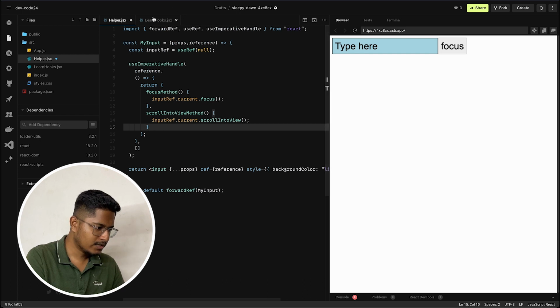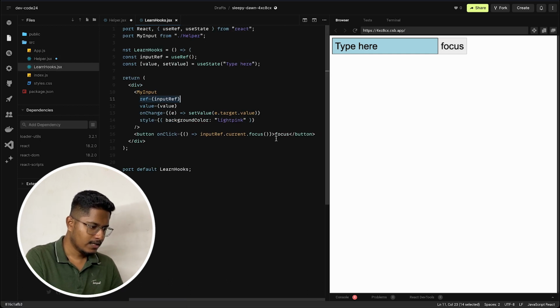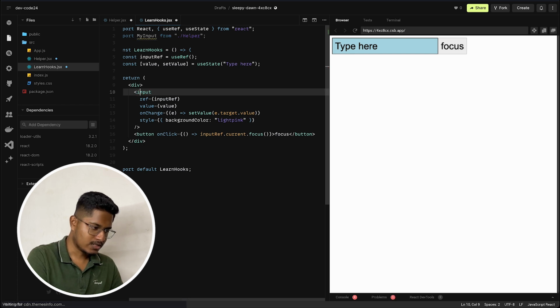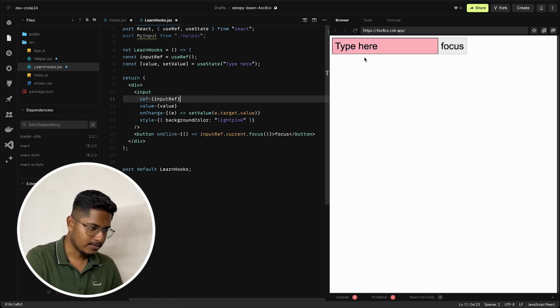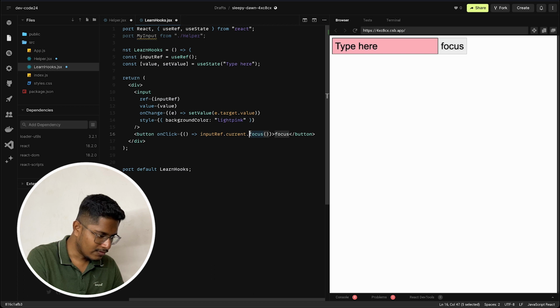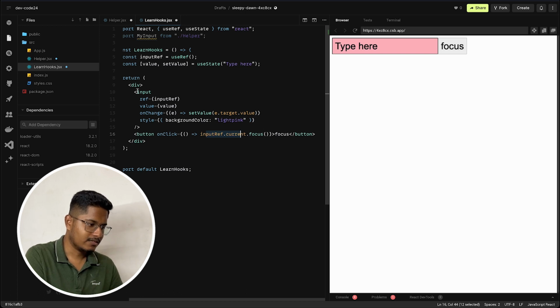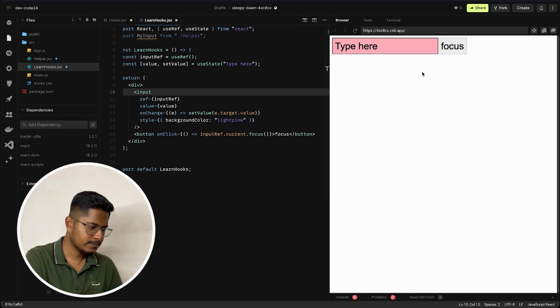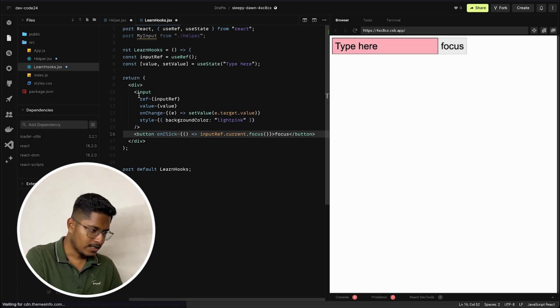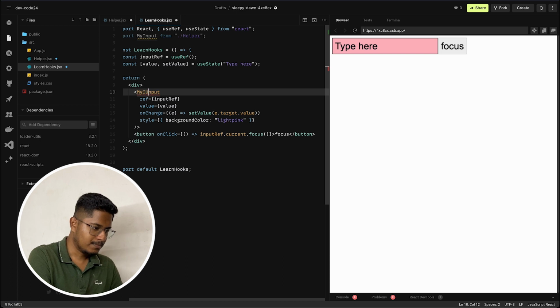So let me just go over here, and right now you can see that if this my input was just a regular input HTML element, see the color changed. Right now this focus, like input ref.current.focus, will work because all the HTML input fields have their own method called focus. This works. Now, if I change this to my input